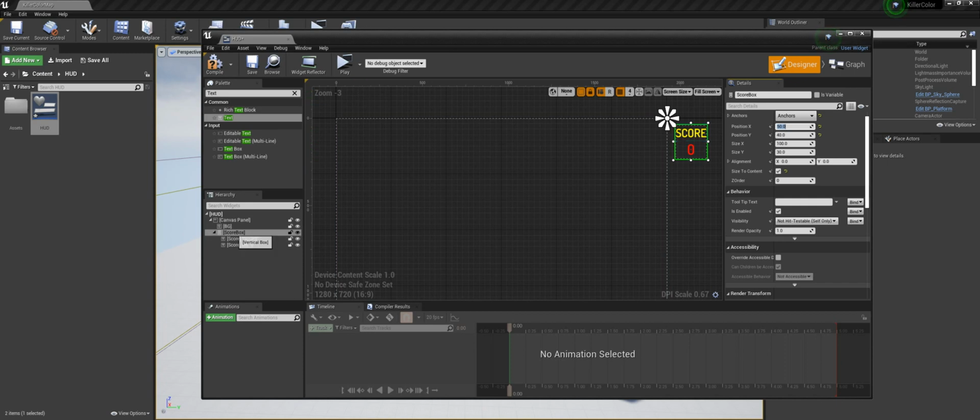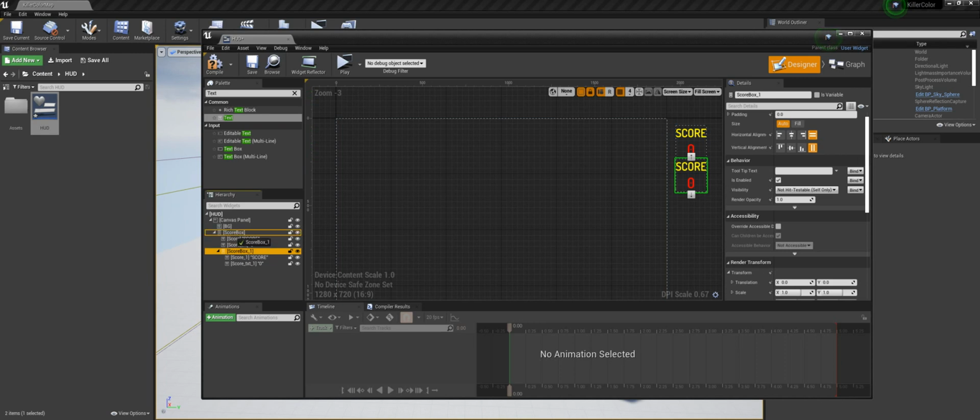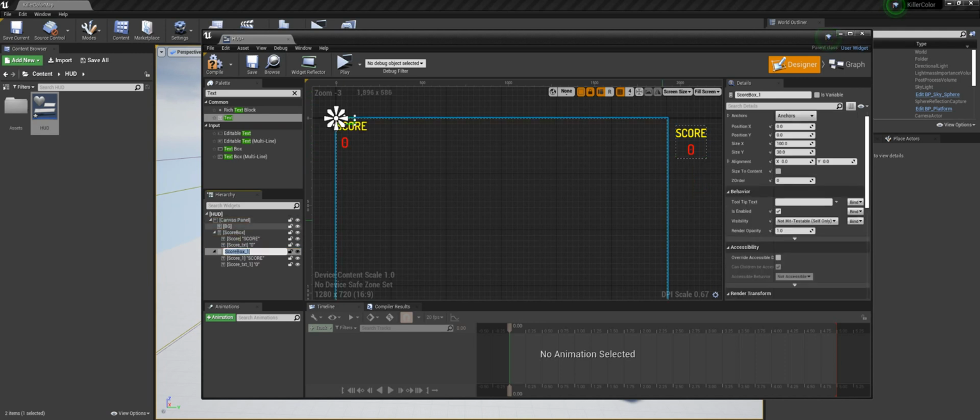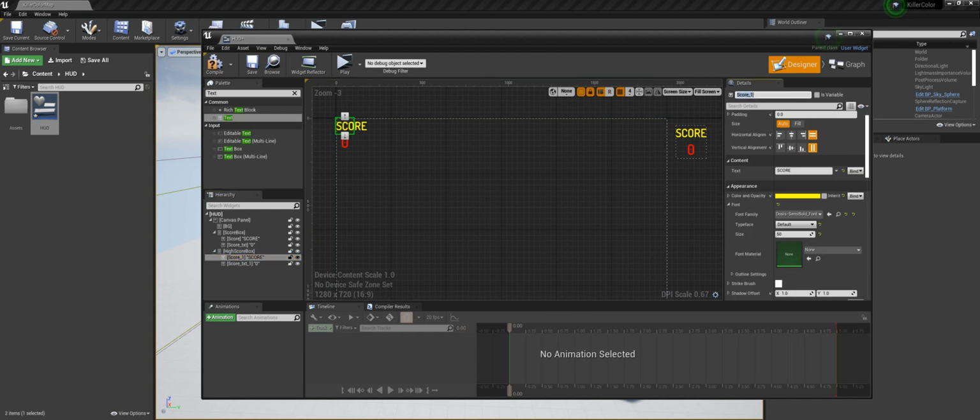Now we need two more of these, so we can copy and paste it and drag it into the canvas. The first one will be high score box. My bad, high score box. Alright, and the first text will be high score, and second will be